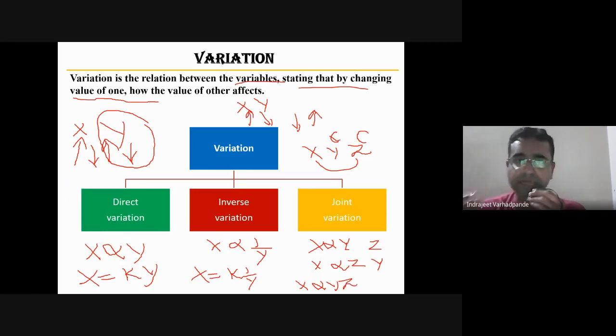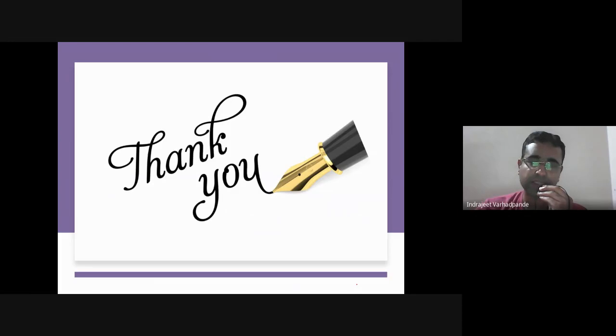So this is just a glimpse of the extension part of ratio and proportion, how it is responsible for defining the term variation, and how we can analyze or compare the terms in the form of variation. So I hope you must have learned the different kinds of examples, and we have gone through the various word problems as well, and simple examples that deal with ratio and proportion. In this particular video I have tried to give you a glimpse of the application or implementation of the theory we have done before this.